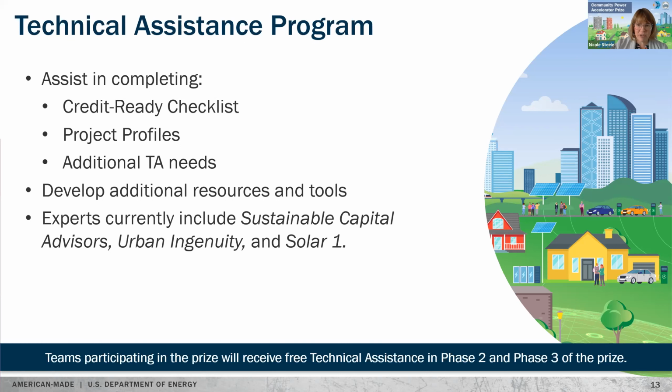And so that TA provider will really help you get to that finish line of how do I answer these questions? Who do I need to talk to? What types of work do we need to do in order to get to a point where a lending institution is going to be interested in financing your project? And then any other additional TA needs. There may be other organizational questions, policy questions, programmatic outreach questions that our TA program more generally as part of the National Community Solar Partnership are ready to support as well. So let's go to the next slide.